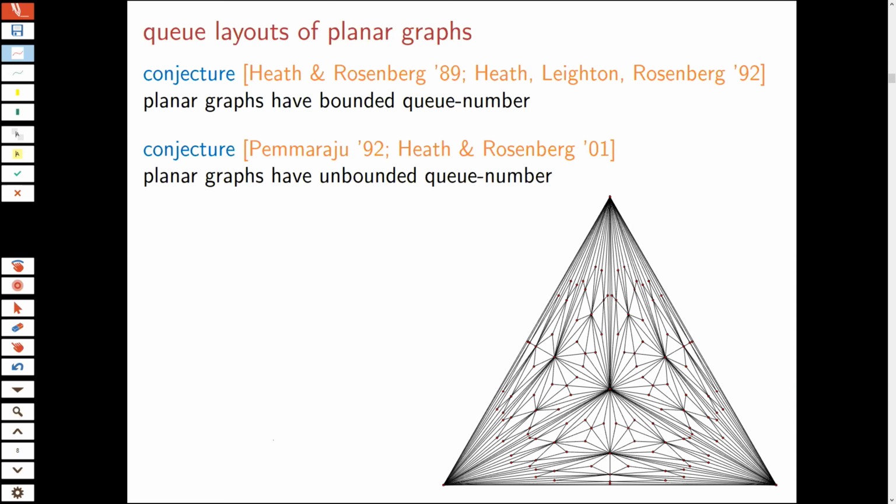And Pemmaraju actually conjectured that a particular family of planar graphs has unbounded Q number. And it's this beautiful family shown on the right here. It goes by so many different names. Some people call it the stellated triangle, or polytope theorists will call it the stacked polytope. You start with a triangle and put a degree 3 vertex inside the triangle and then repeat that operation. Pick any internal face and add a degree 3 vertex inside that internal face and repeat. And if you go far enough, the conjecture was the Q number will start increasing.